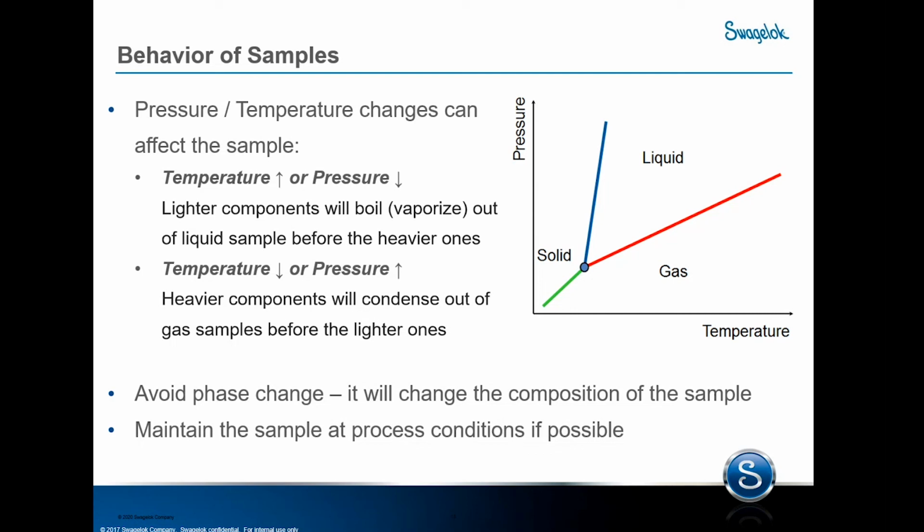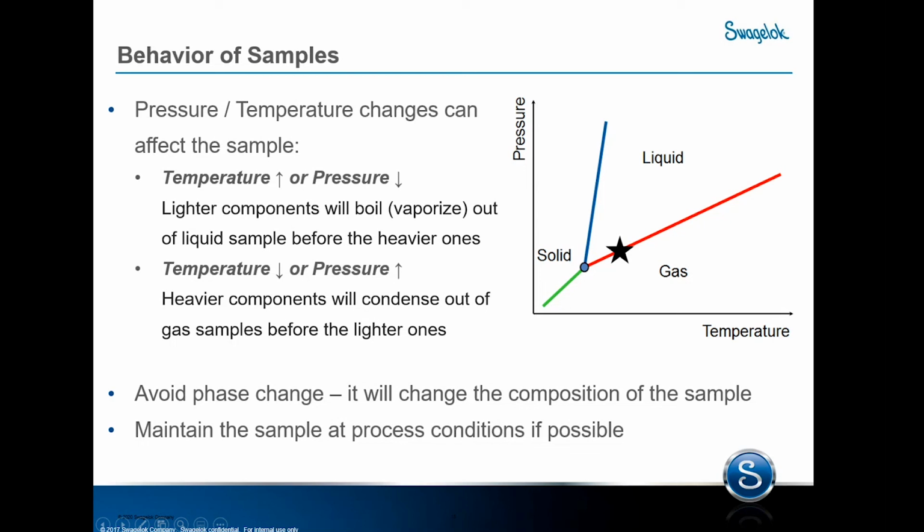So using the phase diagram for a given temperature and pressure, we can see that phase, whether it's liquid, gas, or solid, that we should expect to have. It also helps us understand how changes in temperature or pressure can affect the sample. For example, let's say we have a liquid sample that's under pressure at a given temperature,